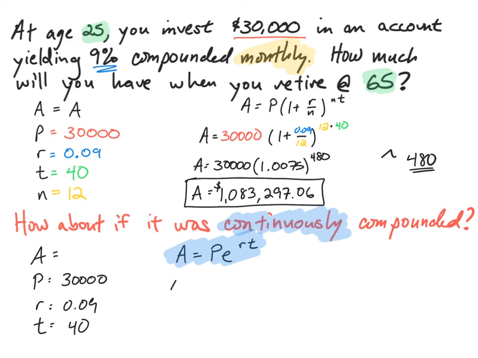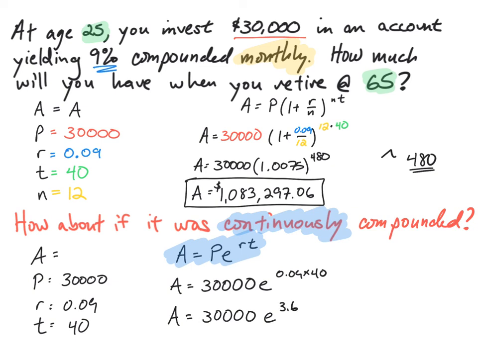When you substitute these numbers in, e to the 0.09 times 40, again, you want to make sure you figure out what this exponent is. So you have A equals 30,000 e to the